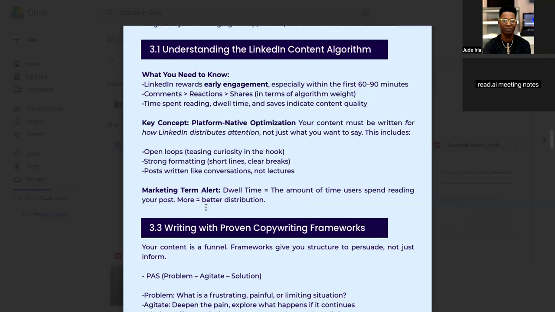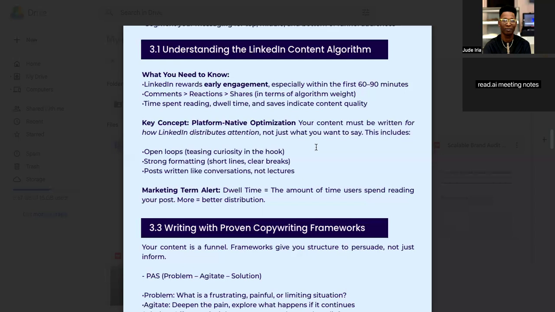You stay to see individuals engage your post and of course respond to them. When they like, when they repost or whatever they do, respond to them. That is the golden hour. And when LinkedIn sees that you are spending time on their app, you are reading posts, whatever you are doing, they feel that you are spending time there. The algorithm rewards you. So the key concept is platform native optimization.